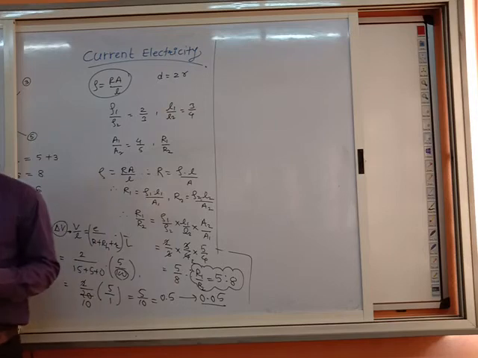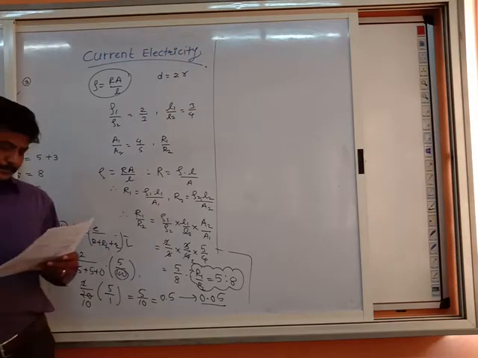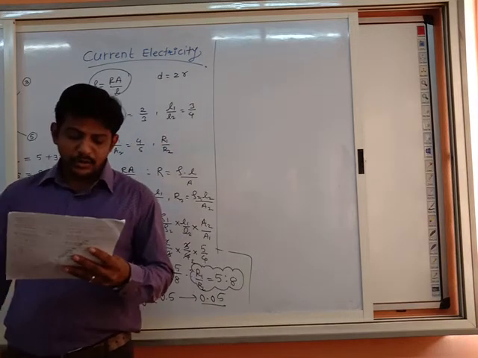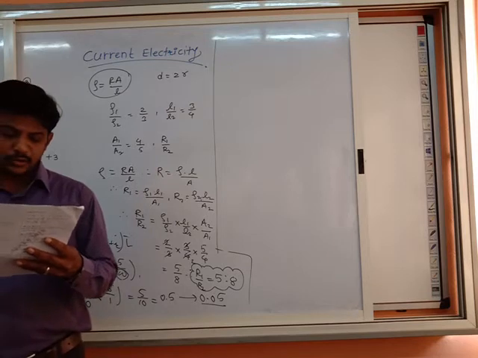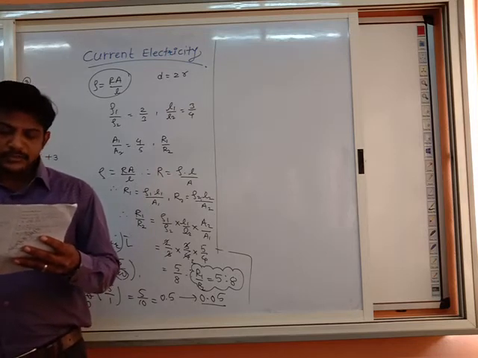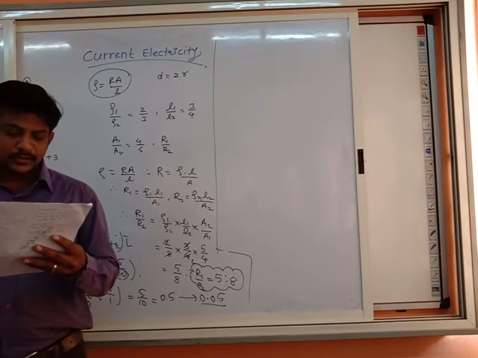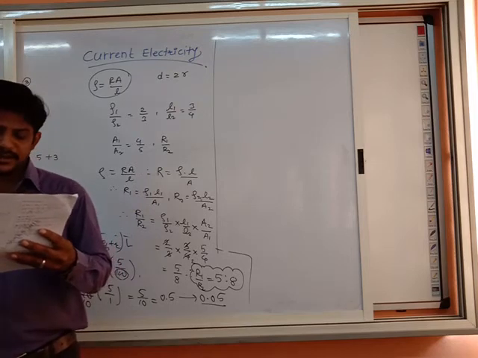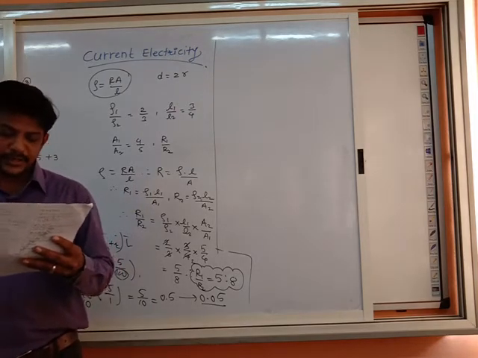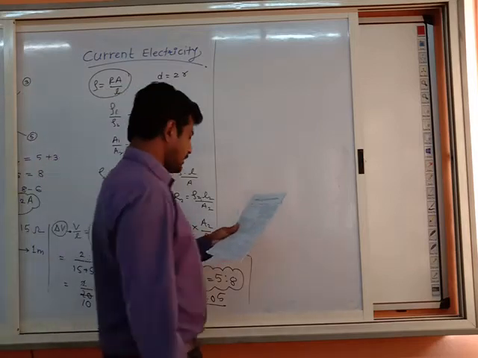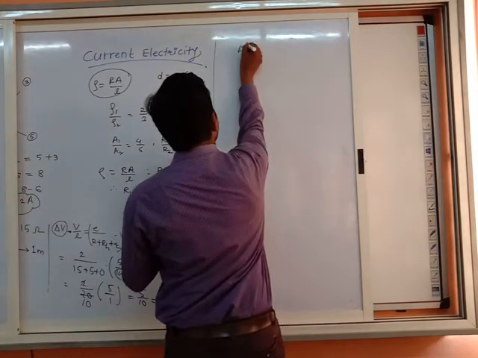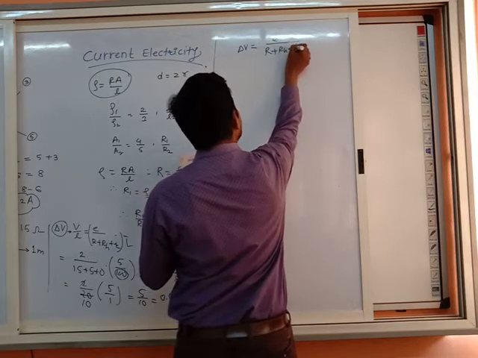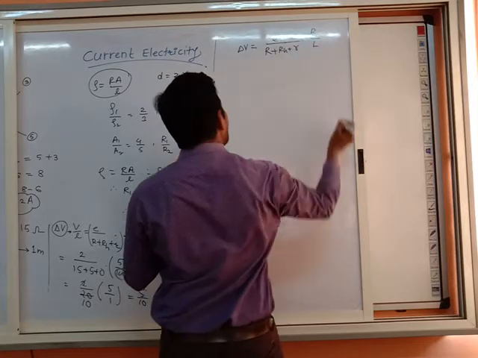Potentiometer wire of length 1 meter is connected in series with a 490 ohm resistance and 2 volt battery. If 0.2 millivolt per centimeter is the potential gradient, then resistance of potentiometer wire is, delta V, potential gradient, is equal to E upon R plus RH plus R into R by L.